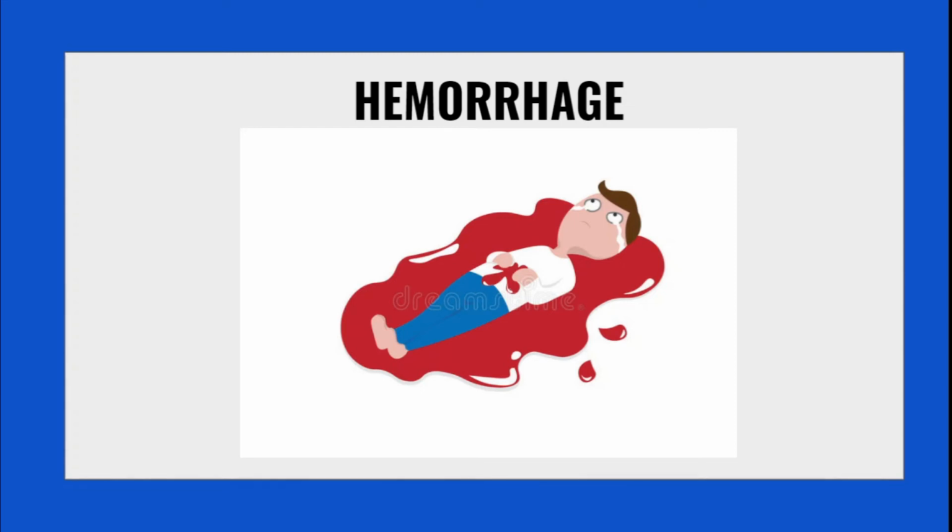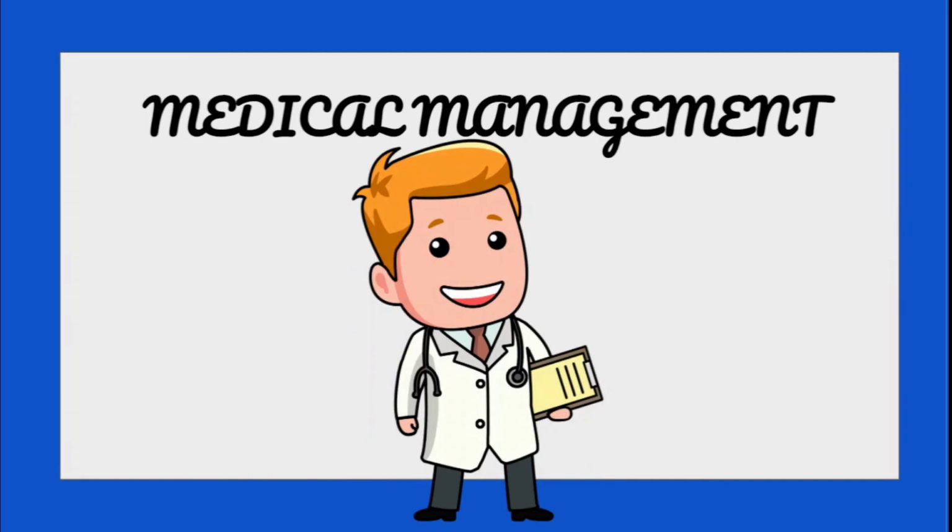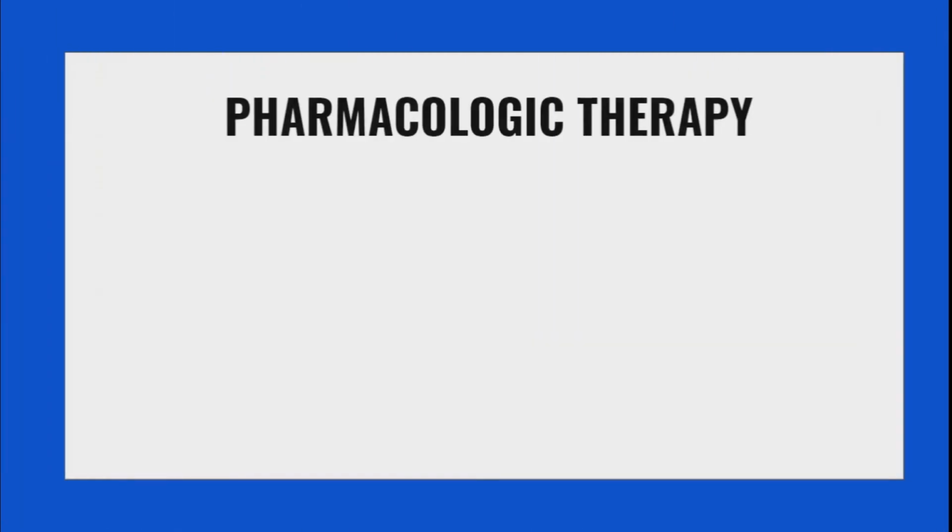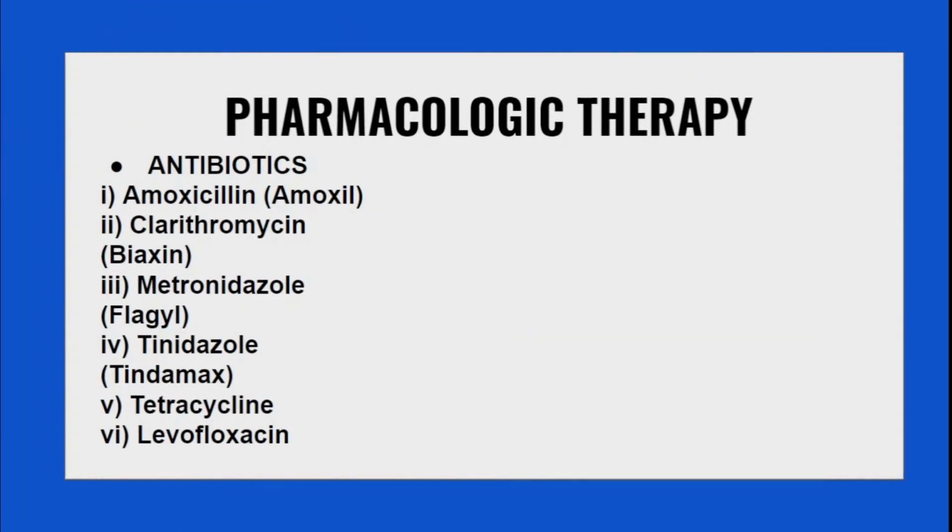Same in the case of stool, they can be bright red or coffee brown, because the hemoglobin has been digested and this causes coffee brown color. And we have to check whether the amount of blood in vomitus, or the patient is vomiting complete blood. So this observation has to be there to prevent any further hemorrhagic shock. Next is the medical management for peptic ulcer. So the pharmacological therapy, we go for antibiotics, because H. pylori is one of the causes of peptic ulcer.